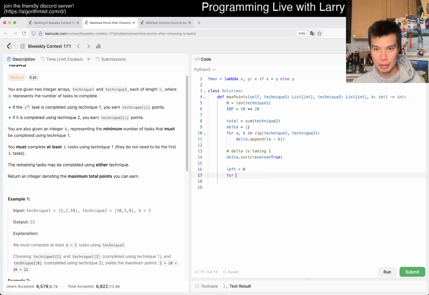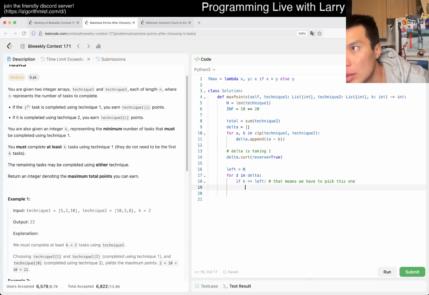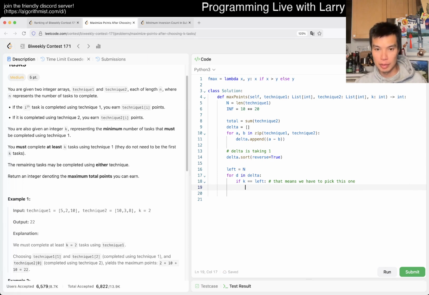For d and delta. Okay, so then now, if k is equal to left, yeah, okay, then yeah, total or d. And this would happen for all of them. Otherwise, we just take it, right? So if